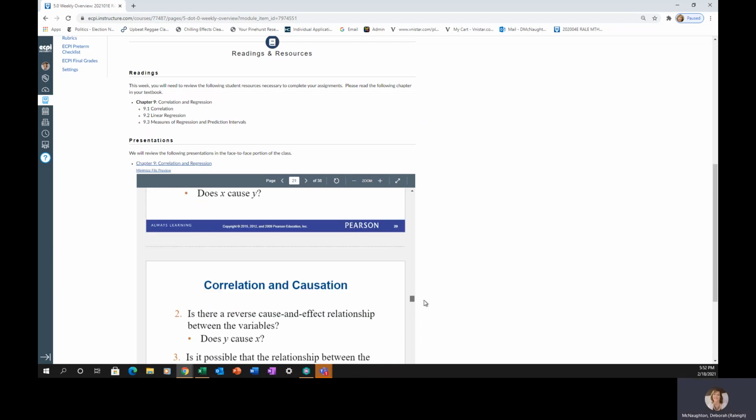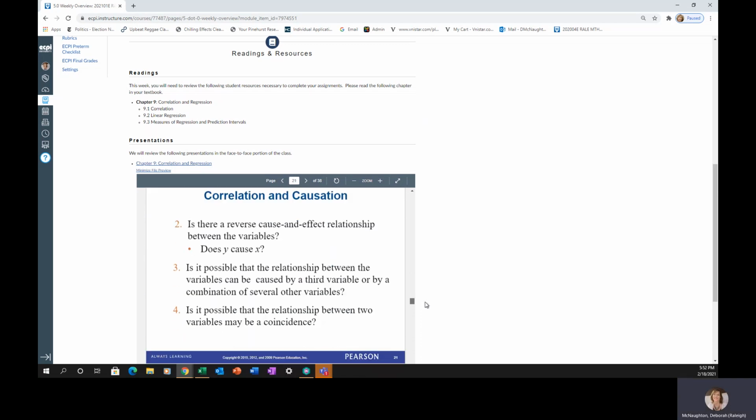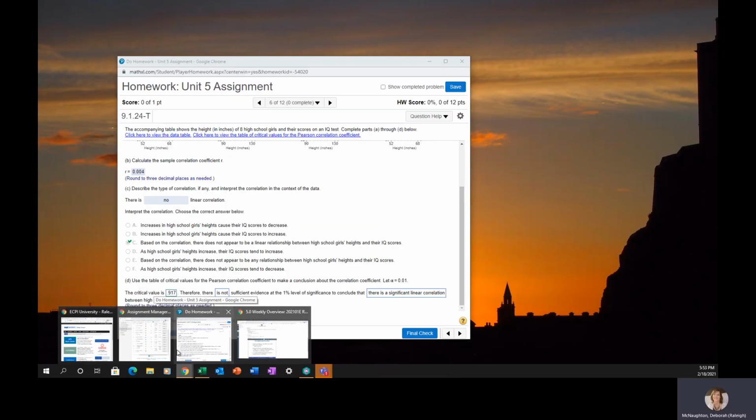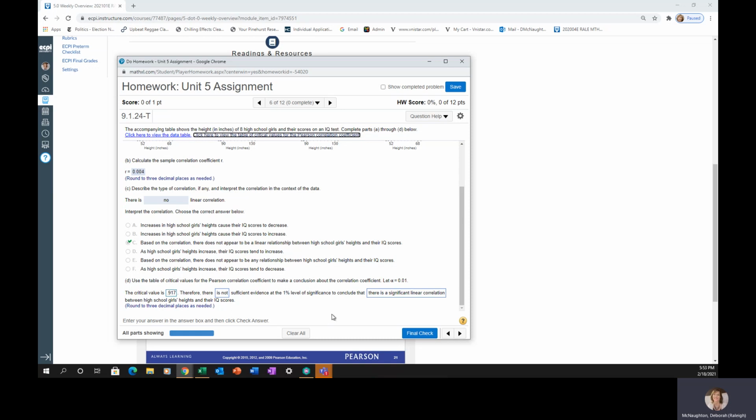Interpret the decision in the context of the original claim. Still don't see what I did wrong. The critical value is this. Therefore, we fail to reject. Whenever we fail to reject, there is not sufficient evidence at the 1% level of significance to conclude that